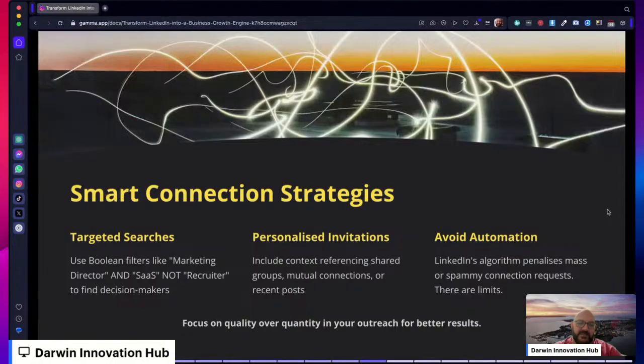Personalize your invitations a little bit, just a little bit of context when you send out an invitation. It doesn't have to be something as bad as, I notice we're both interested in X. I get those all the time and they're just really bad. So what we need them to do is just calm it down, just reference something you've got in common with them that's actually real, not something which is